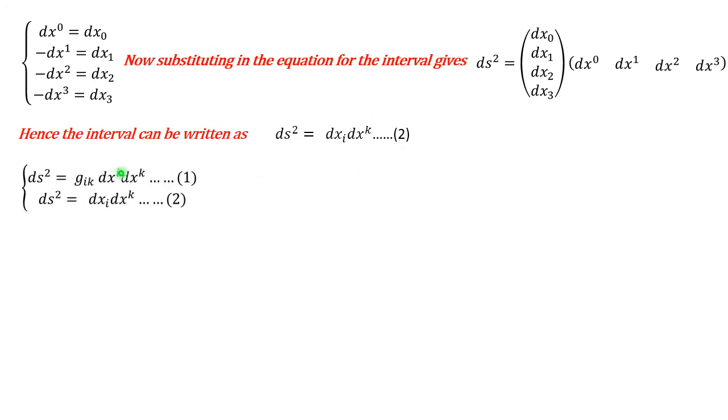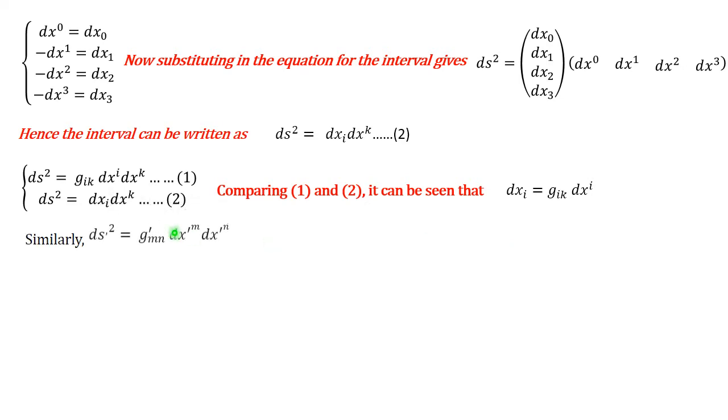Now if you recall equation 1, ds squared equals what we have here, and ds squared equals this, that's equation 2. Comparing 1 and 2, it can be seen that dxi equals gik dxk, because equation 1 must be equal to equation 2. So when you equate the two, you see dxk is common, it will cancel out, and you'll be left with dxi equals gik dxk, which is simply what we have here. Similarly,